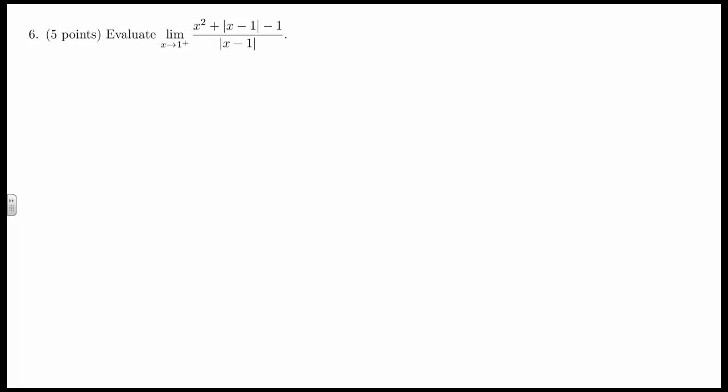Here's problem number 6 from assignment number 1. We have this problem where we're evaluating this limit as x approaches 1 from the positive side. And this problem involves absolute values. So we're going to just sort of remember that the